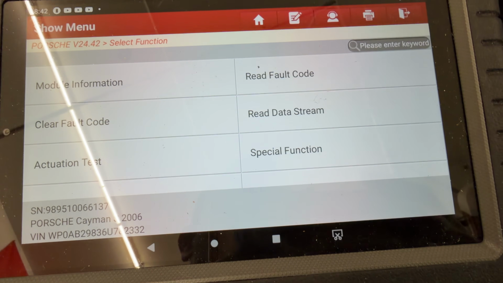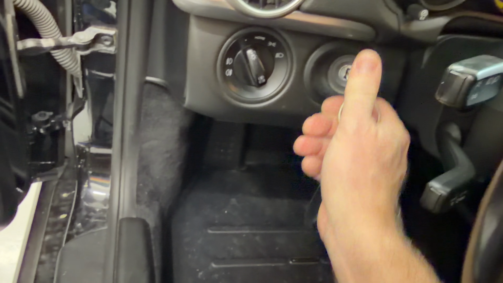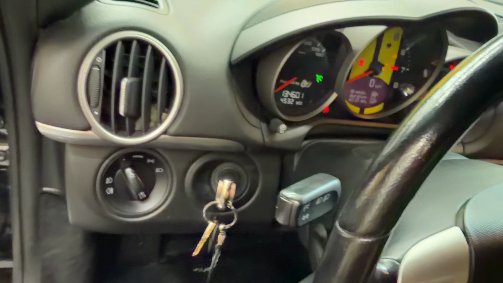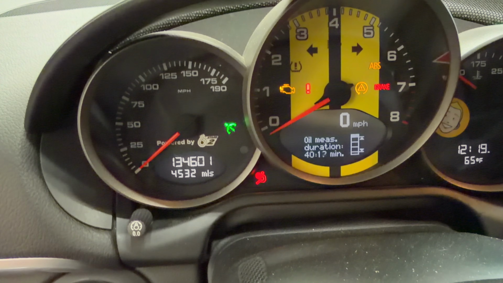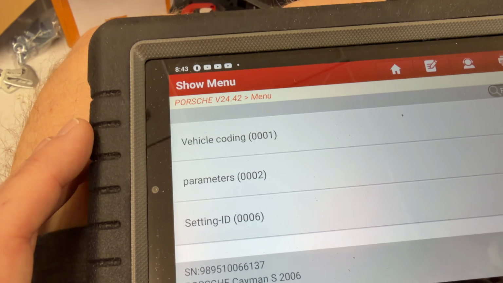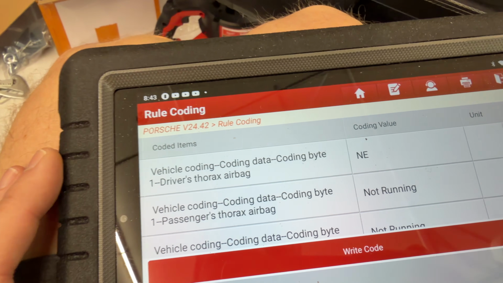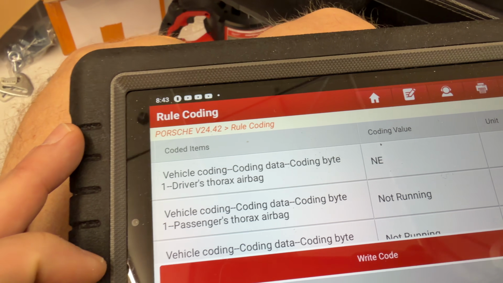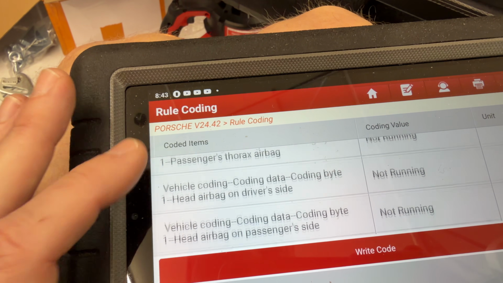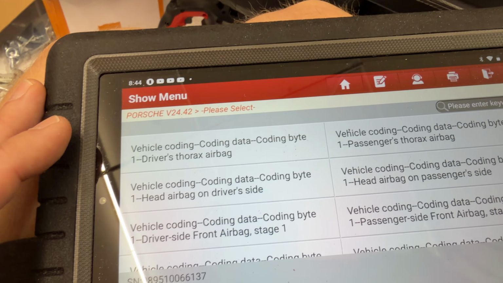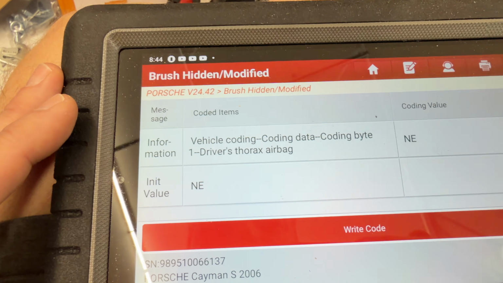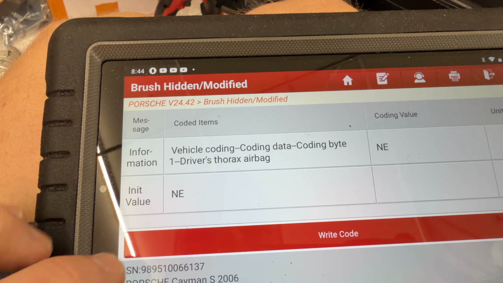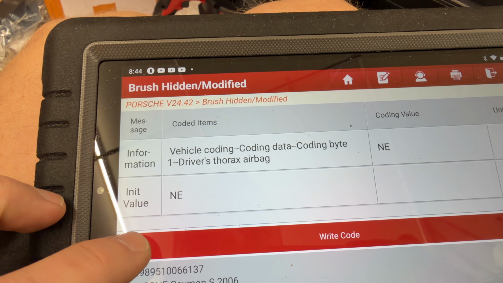Well, let me turn this off. Turn it back on. My little airbag guy's still on. Okay, let me go back to my coding. All right, it says NE still there. All right, driver's side thorax airbag. So here,